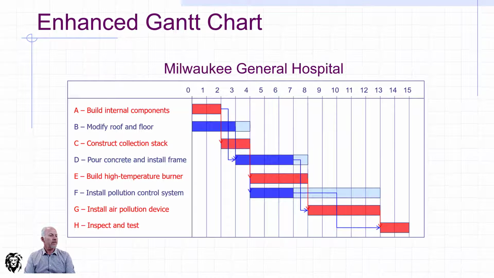Now, this information is going to become really valuable to us when it comes to dealing with some of those over-constrained resources when we start looking at resource scheduling. Because if we don't have enough resources that we can't do everything at the earliest possible start, we want to know what maneuver room we have to shift things around to try to line up when they're scheduled with the resource availability and keep